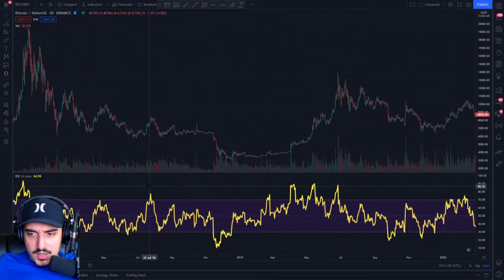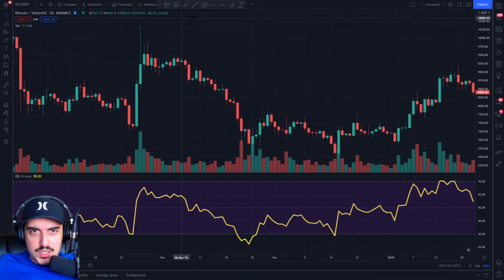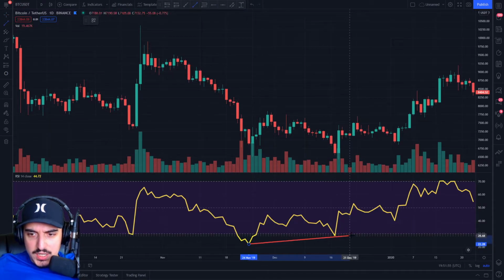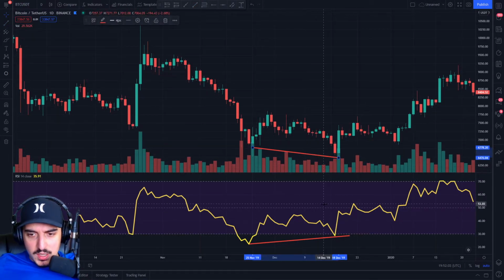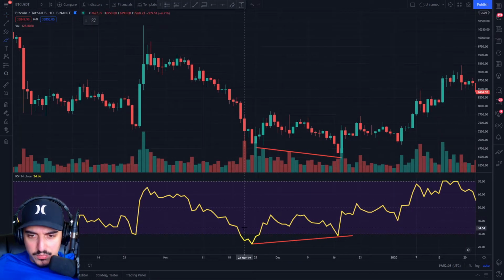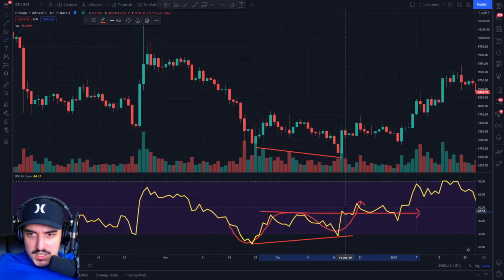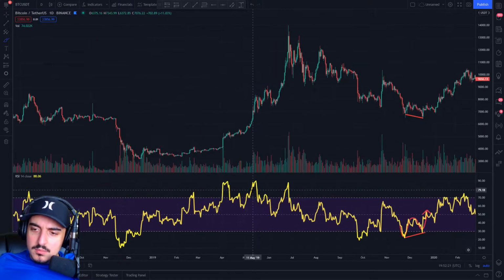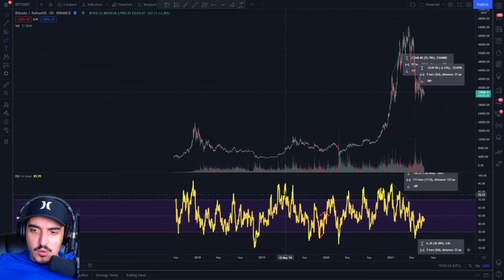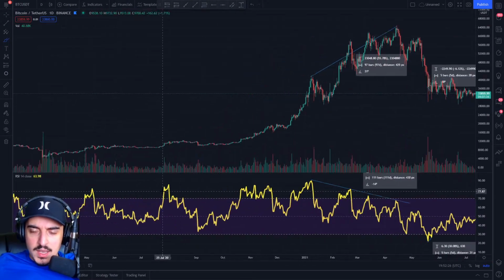Well, let's take a look at another example over here, right? What you guys can see over here is that the RSI is making a higher low, and the price is making a lower low, right over there. So that's another divergence on top of this indicator. And then we have this W formation that's confirming the breakout. And basically the W got confirmed over here, right? So this was your buy signal, stops over here, 2 to 1. And basically what you are looking for is these kinds of formations, the divergences,